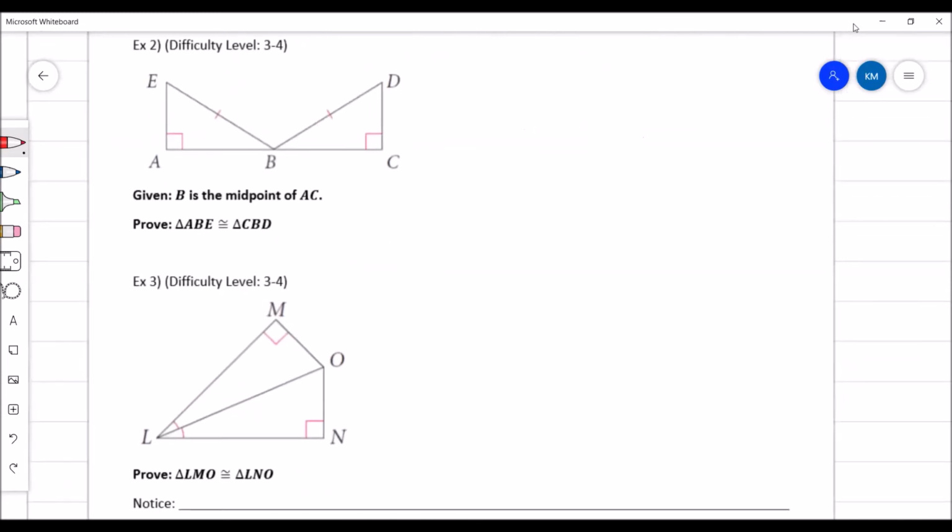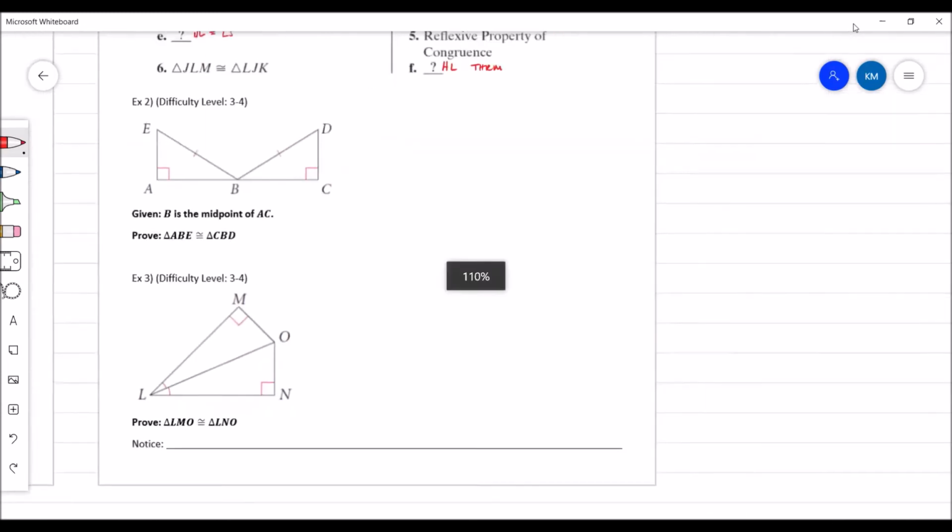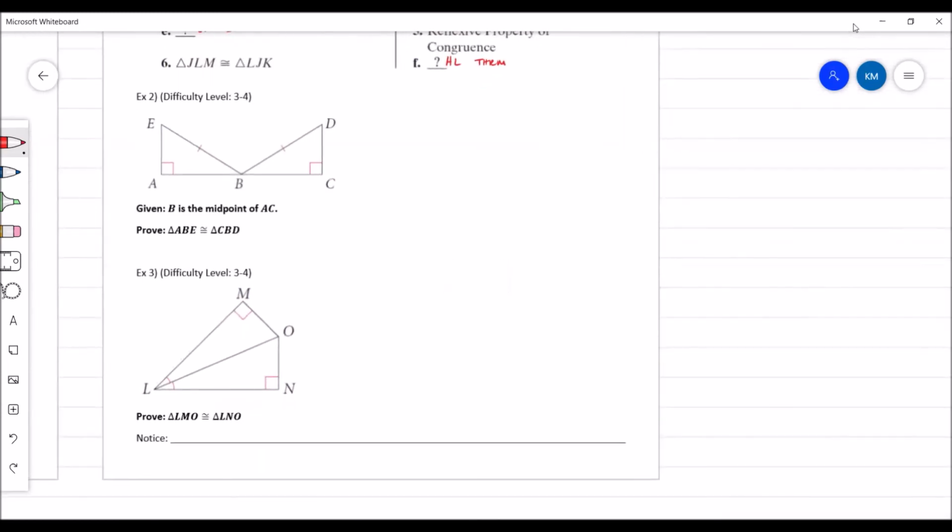Okay, all right. So a couple more proofs here. Let's go through these. Okay, and so I can make my two-column proof. Statement on one side, reason on the other. Okay, and so it says, given that B is the midpoint of AC, prove that triangle ABE is congruent to triangle CBD. So I'm going to start with that given. That B is the midpoint